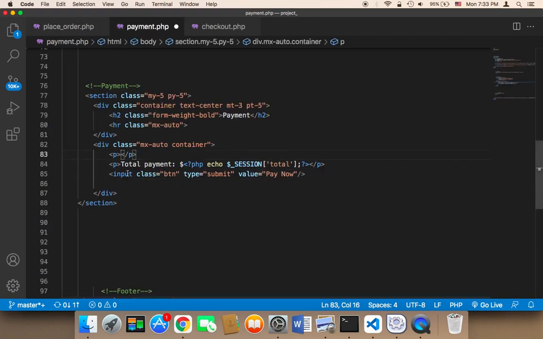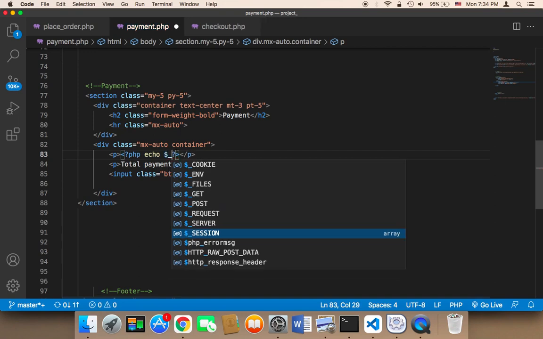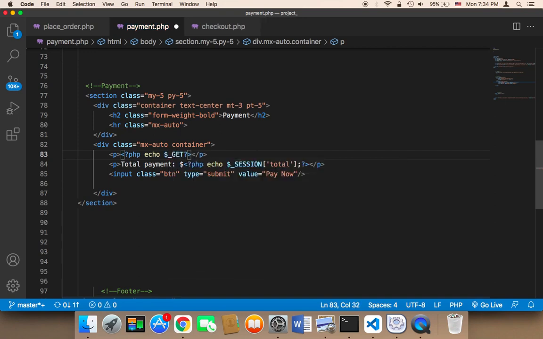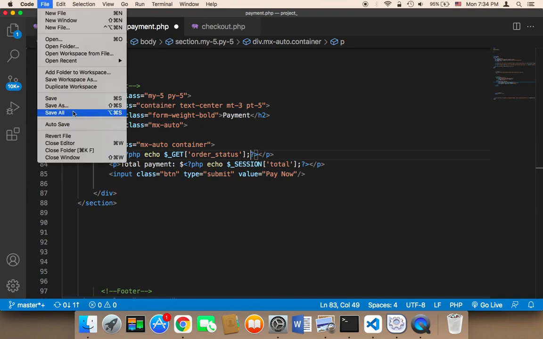So you can here say PHP, and then you can say echo, and then you can echo the $_GET, and then order_status, and that's it. You can display it here, and don't forget the dollar sign. Let me click on file and then save all,